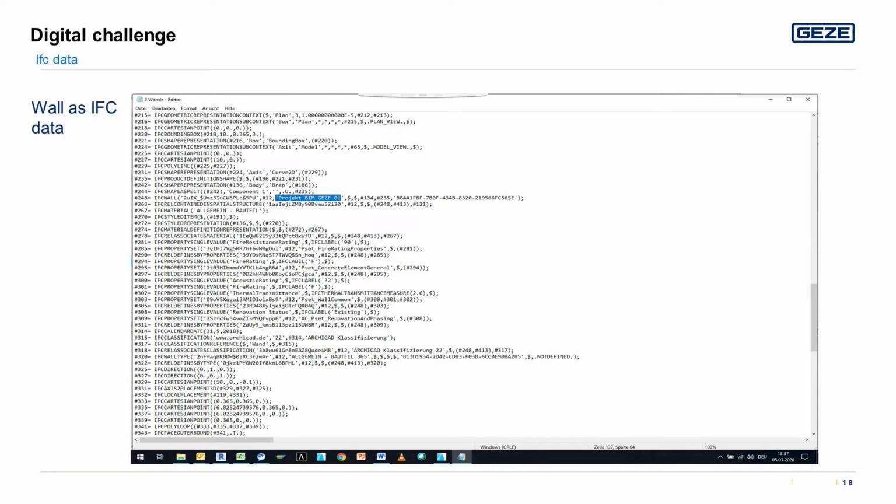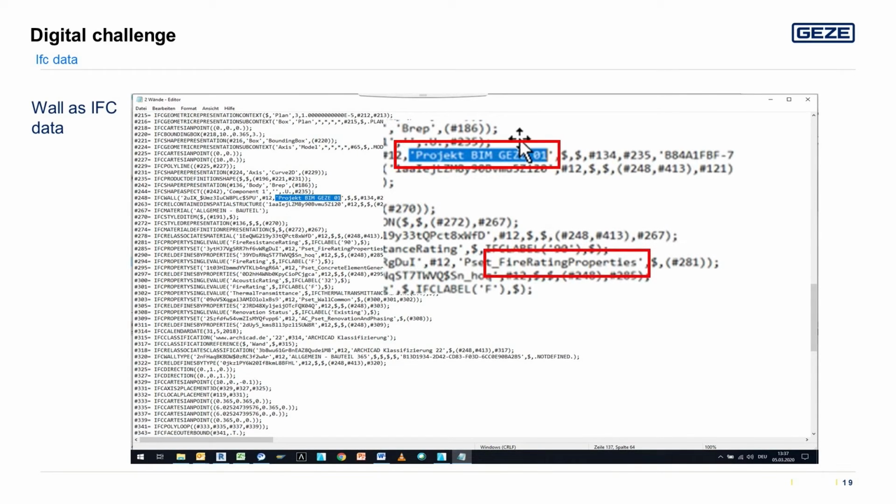If you have an IFC file, you might create one of a very, very simple thing, fill it with some information, and then have a look at it in a text editor. You will find all the parameters, you will find all the information you have put into it. You will find it in a very, very strict and regulated way, and you will find all your information you have yourself put into it.